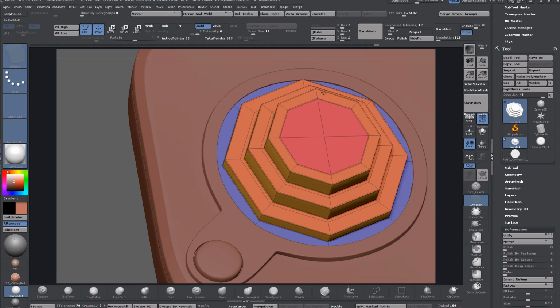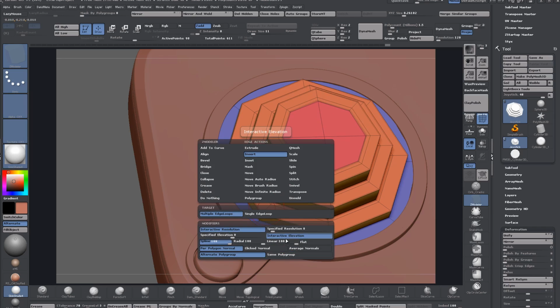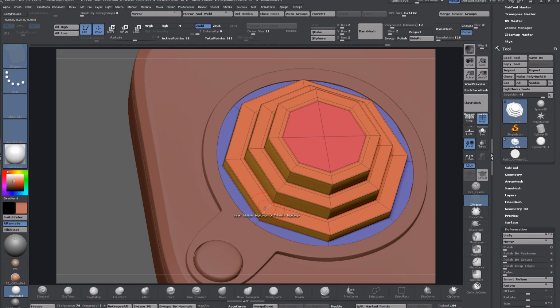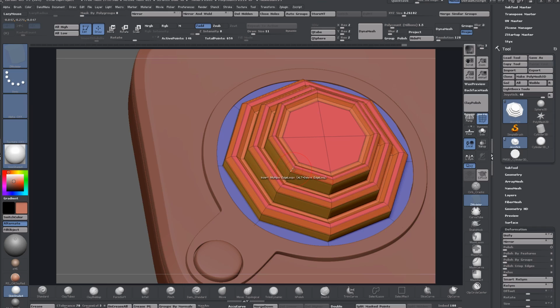Split that point and add an edge loop here, and now we can do that again. Multiple edge loops, interactive resolution, interactive elevation. So click, hold the mouse down, drag up to give you more spans or edge loops, and then go right to bring it up in the air, and that's good there. And then just click to repeat last, click to repeat last,